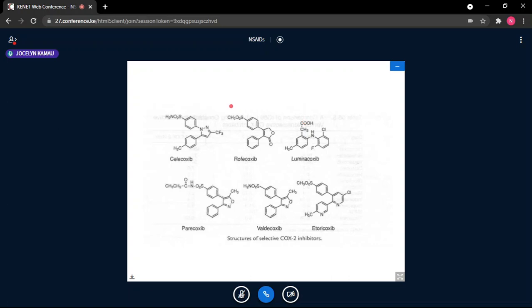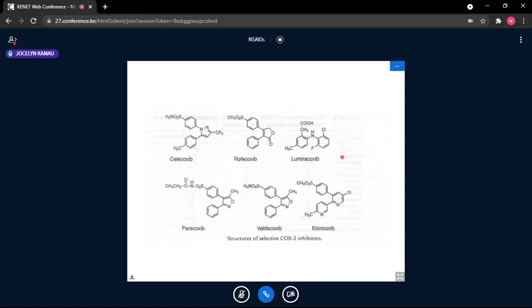If you look at these drugs, this is what we are talking about, the rigidity. This is an area within almost all these drugs which gives these drugs some rigidity. And because of this rigidity, this portion of these molecules can go into that pocket that is found in COX-2. And since that pocket is not found in COX-1, they will selectively bind COX-2 and not COX-1. So if you look at them, here are the 2 rings. And then if you look at this ring here,